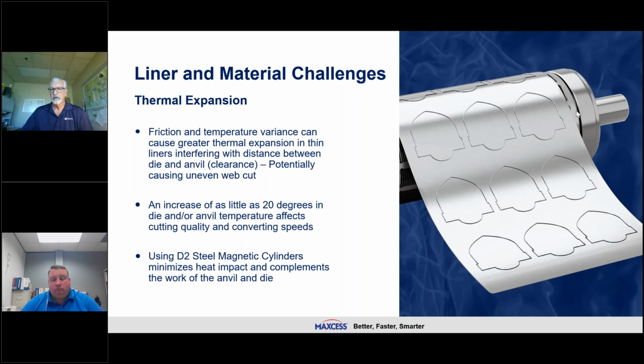I just spoke about accumulation of tolerances. As an example, magnetic cylinder technology can improve your flexible die performance by including tooling that has, for example, D2 bearers and journals on it, so that you have a material that is part of the unit itself that will minimize your compression, will minimize the problems that you will have with heat, and can help to stabilize your system, will cause the flexible die itself to perform better and to perform